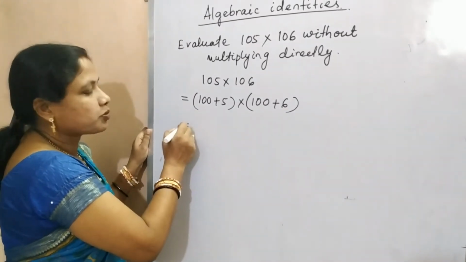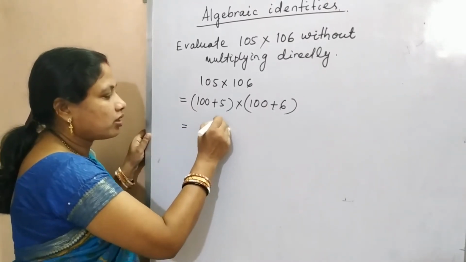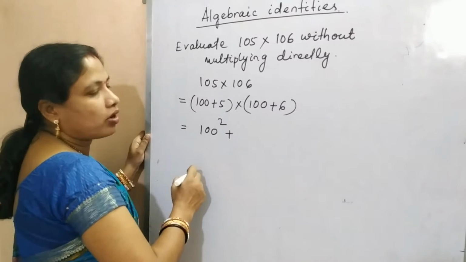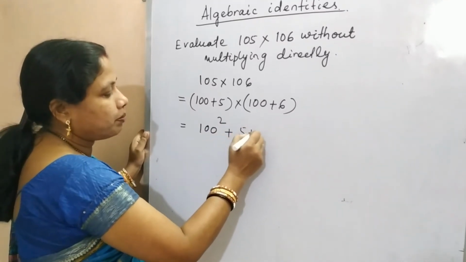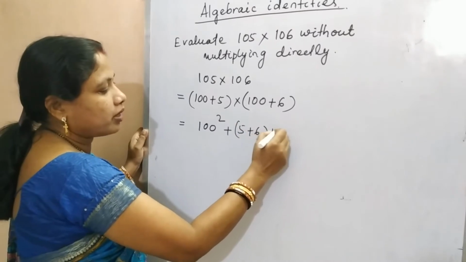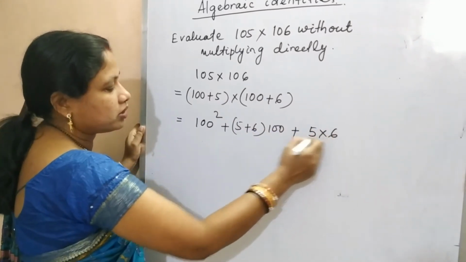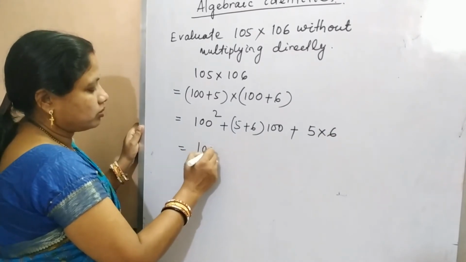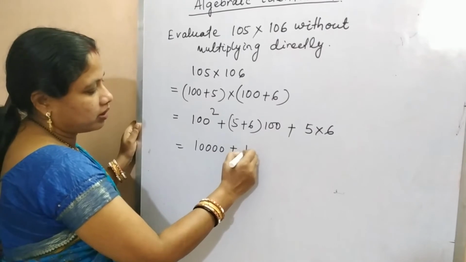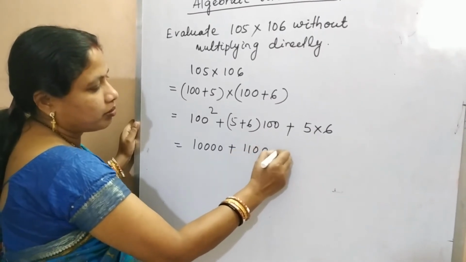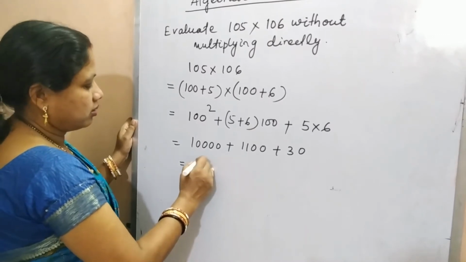So what is (x + a)(x + b)? x², that means here 100², plus (a + b) times x, (5 + 6) multiplied with 100, plus ab, 5 multiplied with 6. So this is equal to 10,000 + 1100 + 30. So our answer is